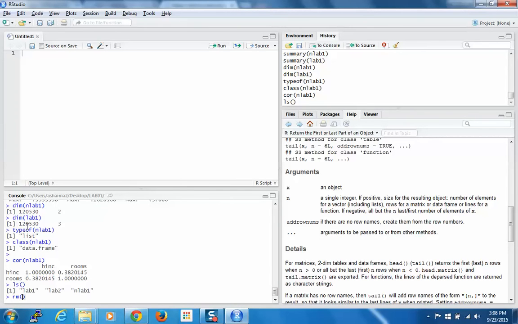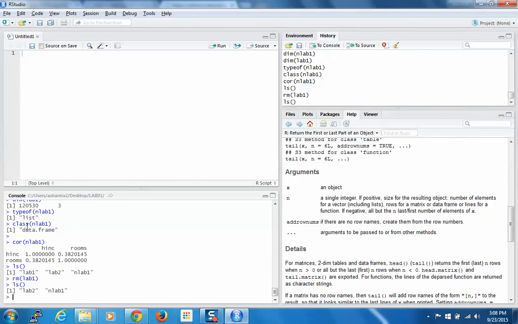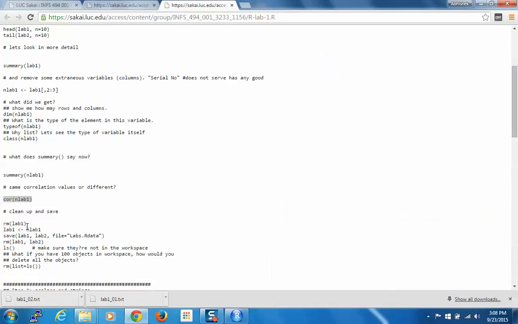So rm lab1, and once I do that, lab1 is gone. If I do ls once again, all I see is lab2 and nlab1. So only two things are there. Previously there were three things. Now I can rename my nlab,